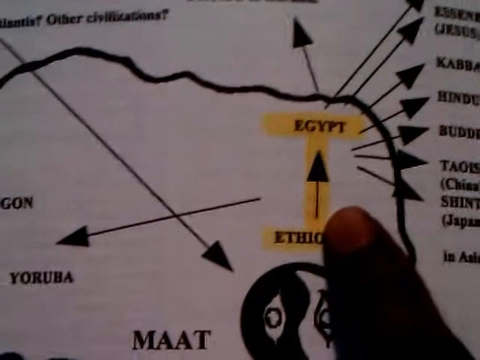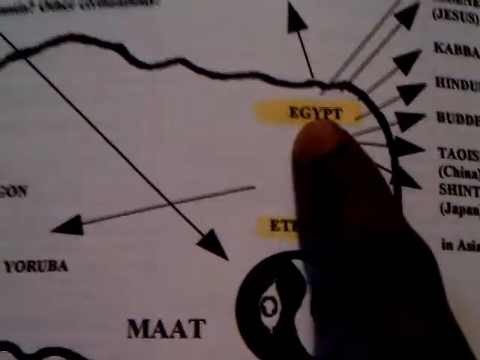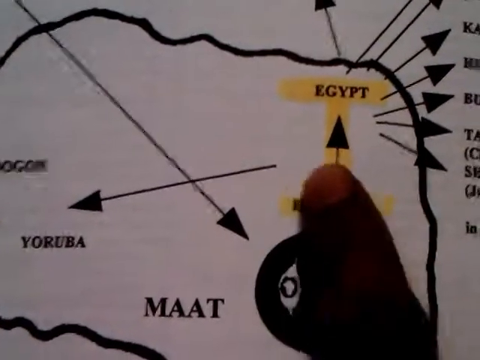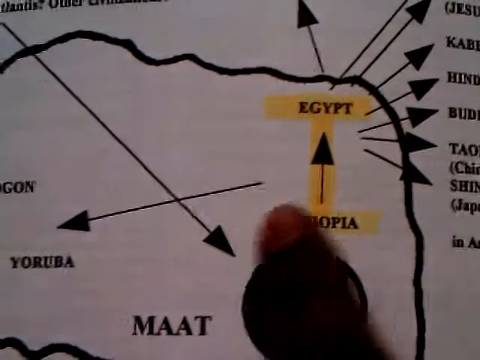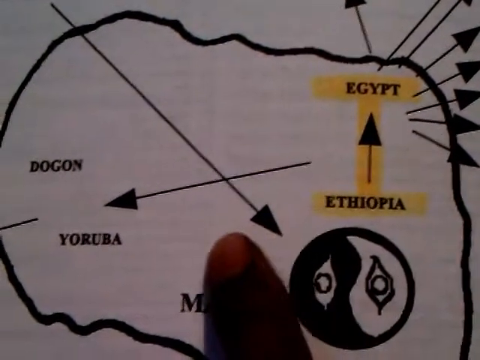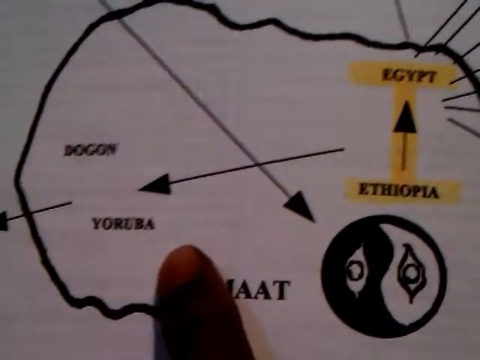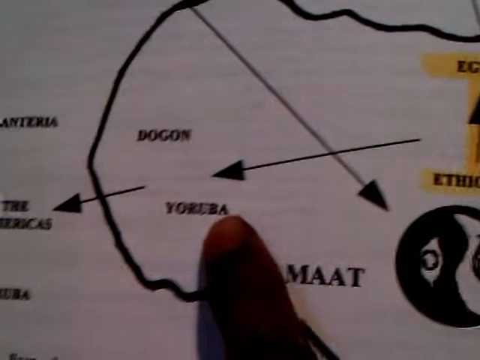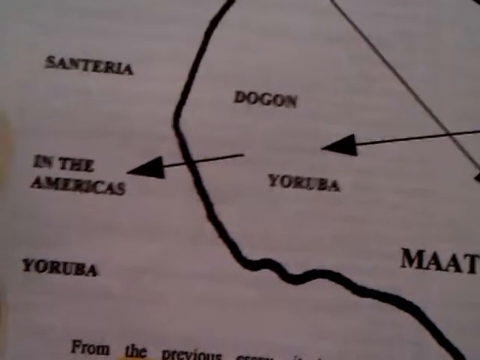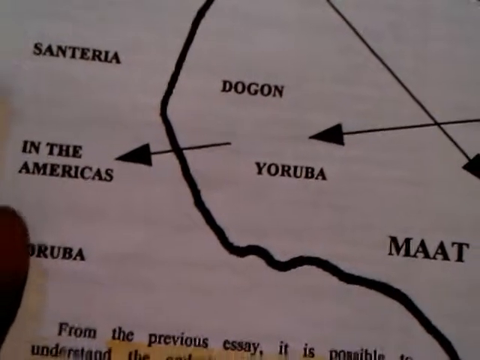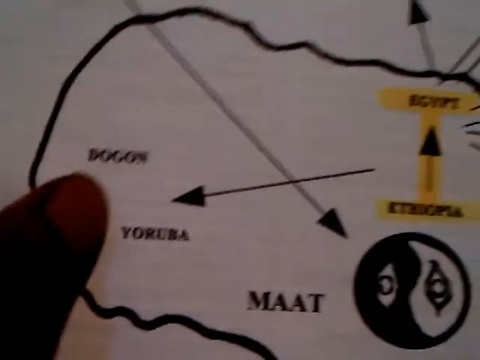Now, from the Egypt and Ethiopia root and flowering in Egypt, we have it going from east, crossing the river of Egypt, the river of Ethiopia, and going from the east to the west into the Yoruba culture, and also the Ebo, but the Yoruba culture. And then we have it now coming over here to the Americas. We have it coming into the Americas, the Yoruba culture. We have the Santeria culture as well. We have the Dogon link as well.